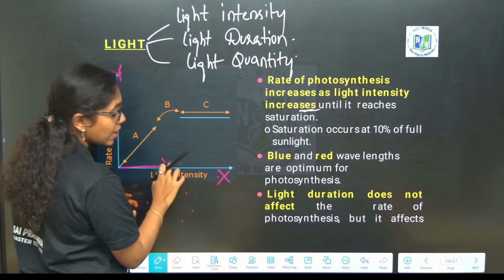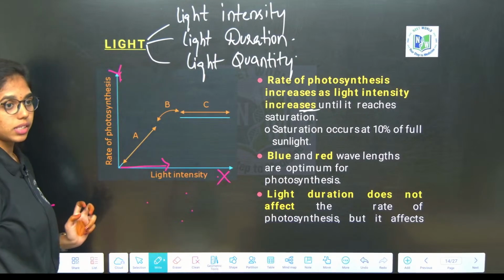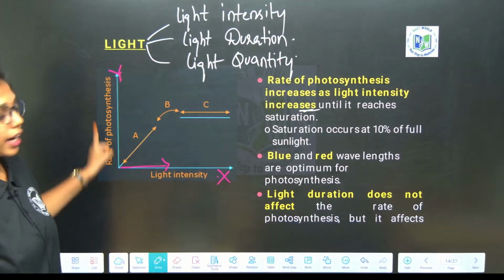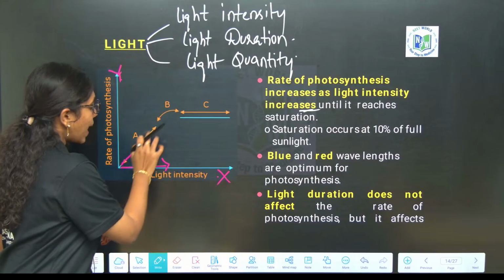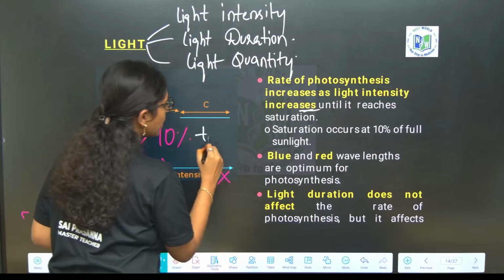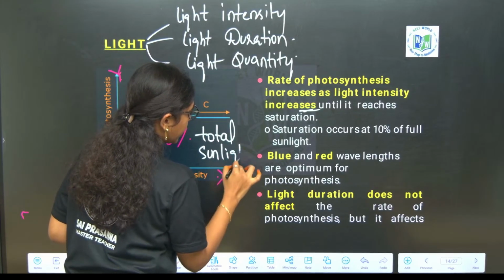As the light intensity increases, rate of photosynthesis also increases. Yes or no? But then at the maximum increase, just at 10% of total sunlight,